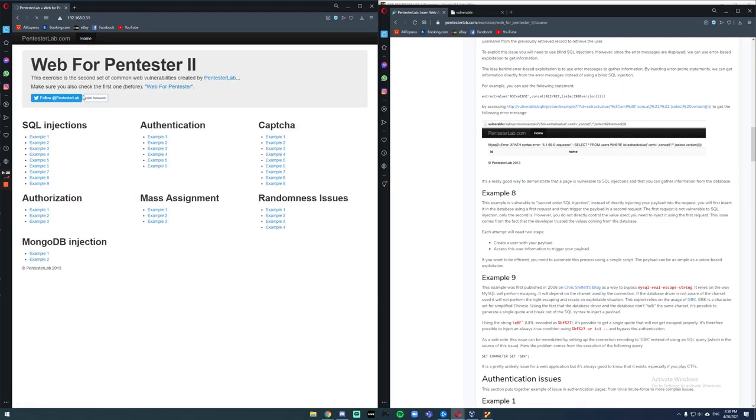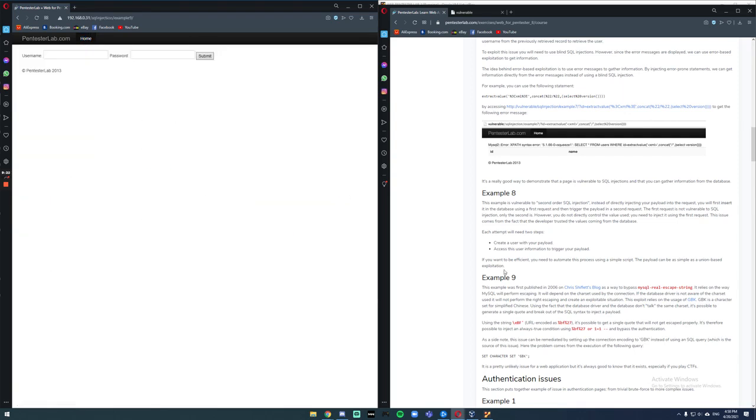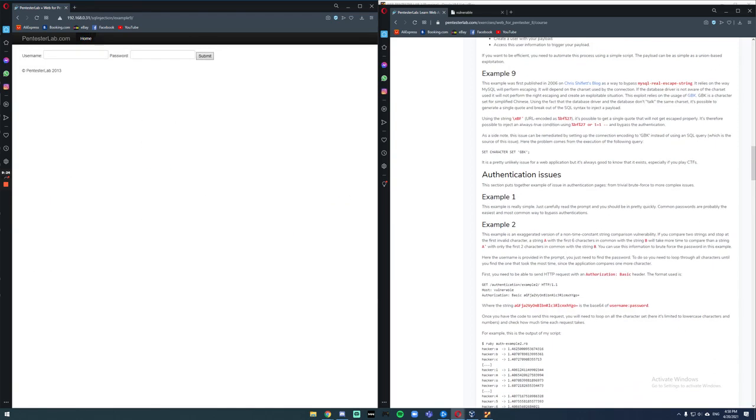So now moving forward to example number 9. This one was first published in 2006 as a way to bypass MySQL real escape string. It relies on the way MySQL will perform escaping. It will depend on the char set used by the connection. If the database driver is not aware of the char set used, it will not perform the right escaping and create an exploitable situation. This exploit relies on the usage of